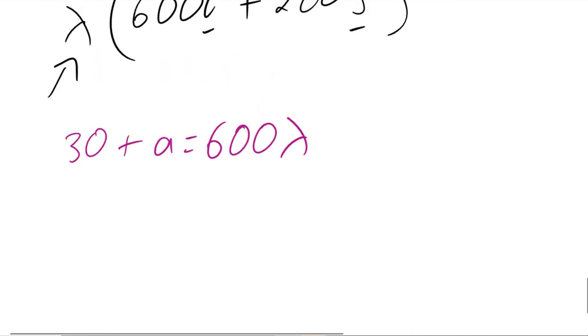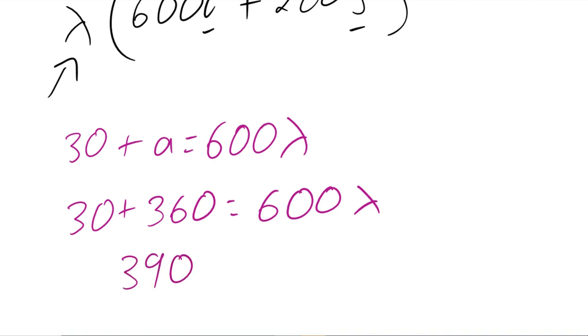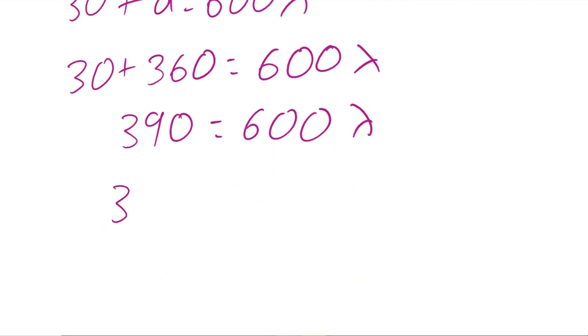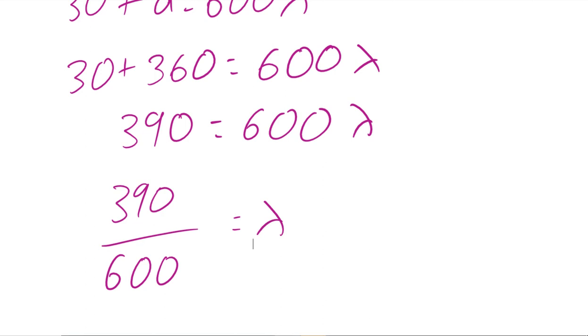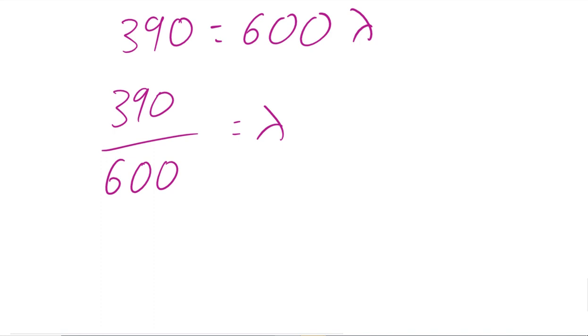If I substitute 360 into here, 30 plus 360 equals 600 lambda, and I get 390 is that. So into my calculator, if I put 390 divided by 600, I will get my value of lambda, which is essentially going to be 0.65,